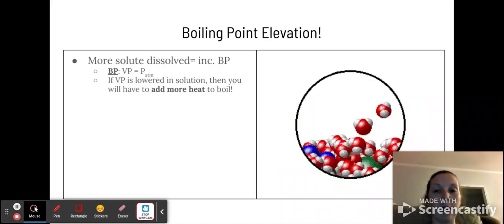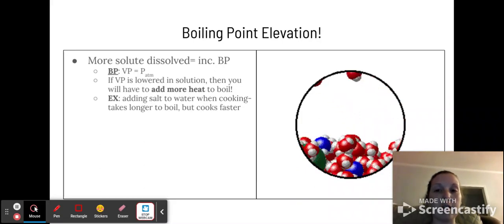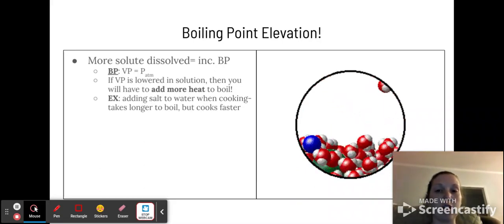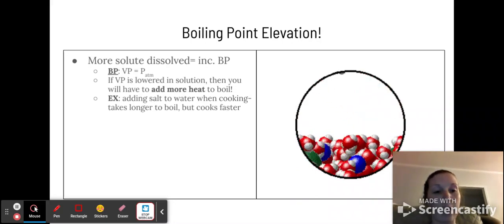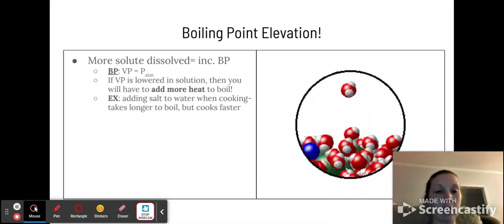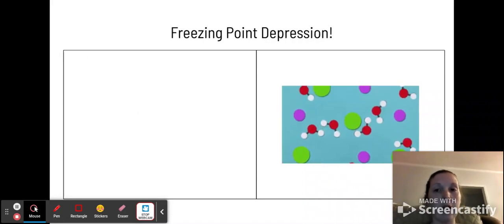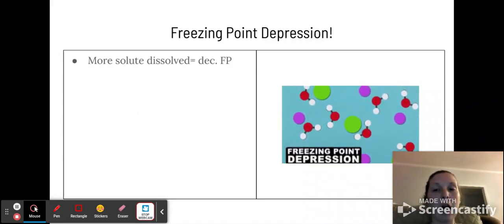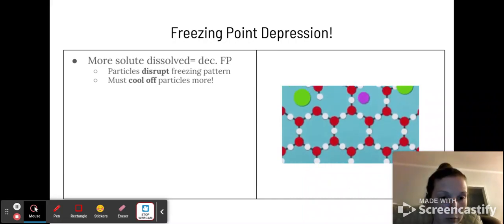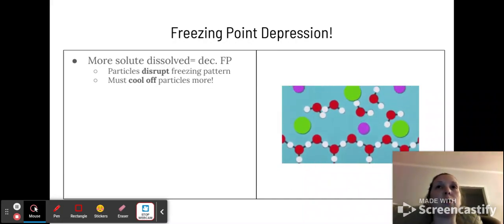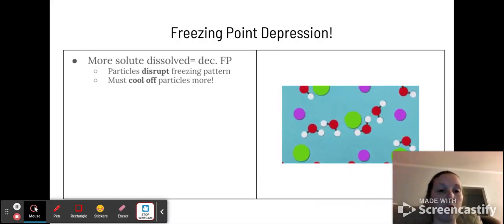For boiling point, as you dissolve more solute, you increase the boiling point. So the boiling point of the solution is greater than the boiling point of the solvent. And then for freezing point, since you have to cool it off even more to make this occur, the freezing point of the solution is lower or less than